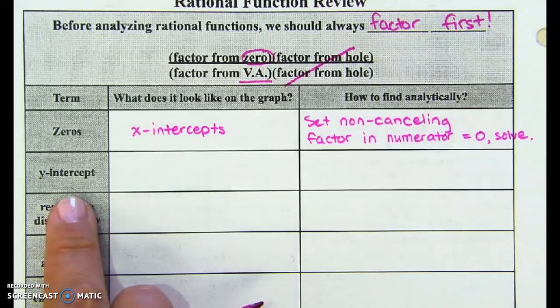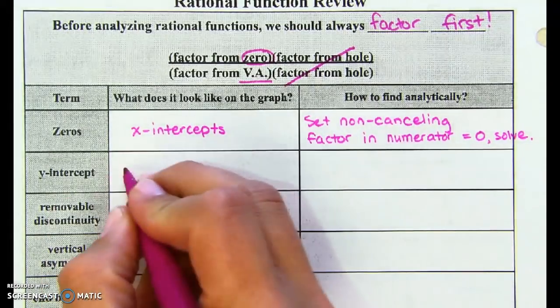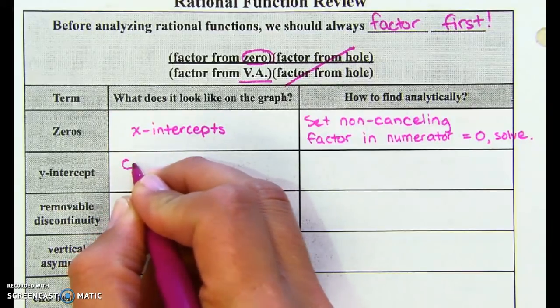All right, what does the y-intercept look like on the graph? It's where the function or curve